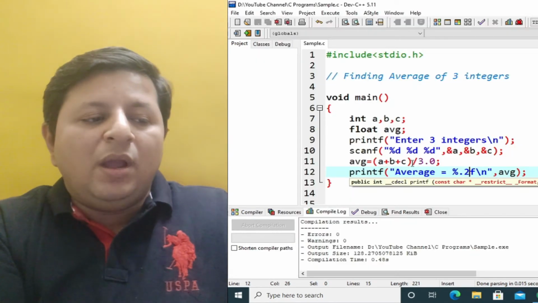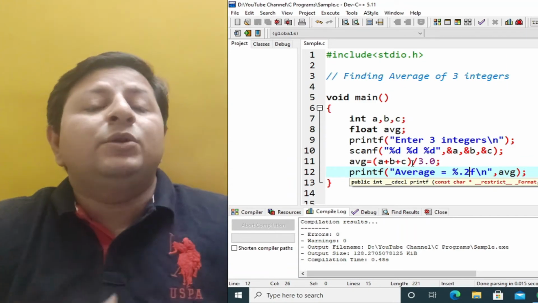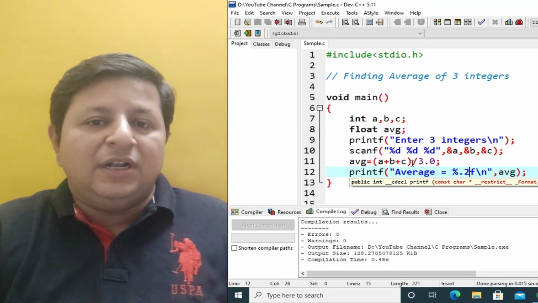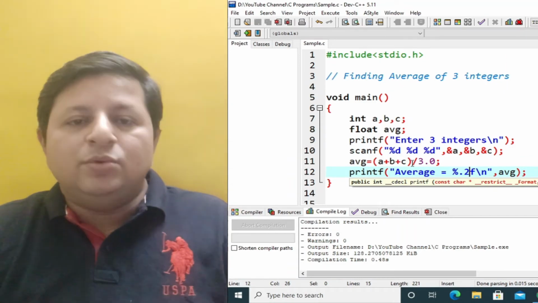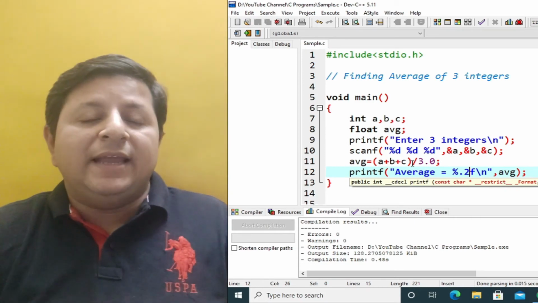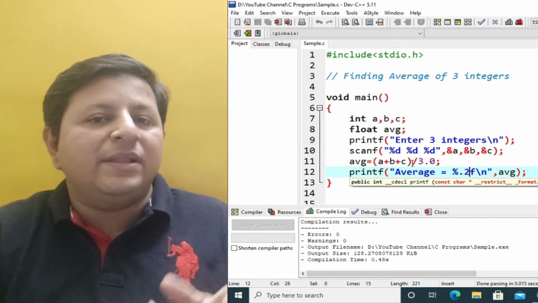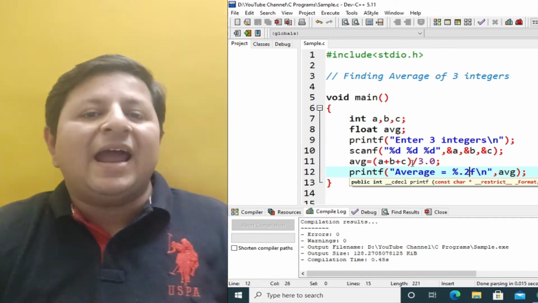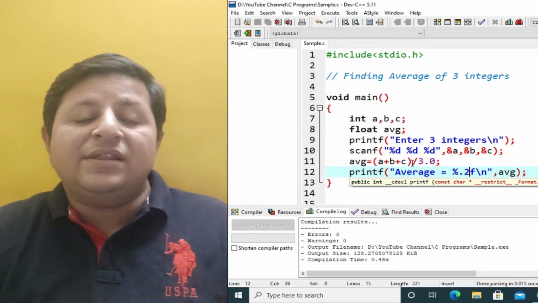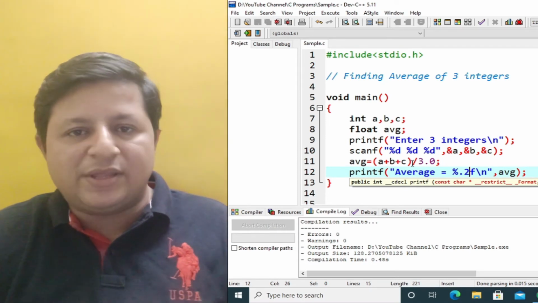So that is how, in a very simple way, we can take 3 integers and find the average. My aim here was to tell you how to work with float, how to display float, then the problem of integer division. So we have to have one of them as a float for actual division, and then we also saw how to apply the precision concept to get the output up to 2 decimal places.